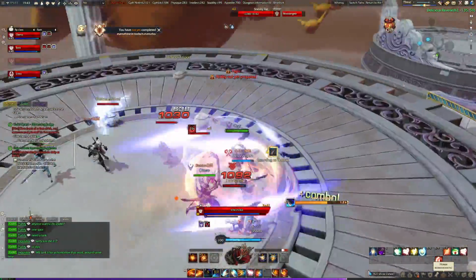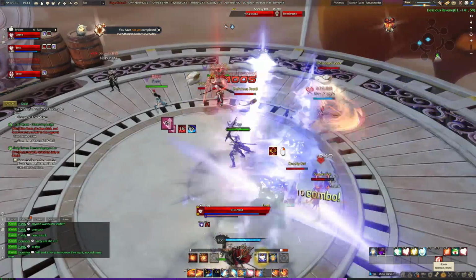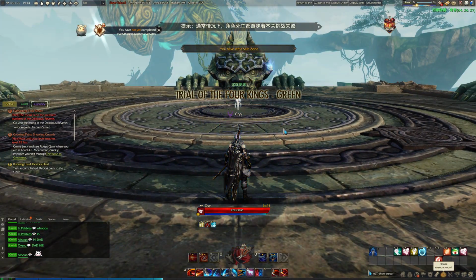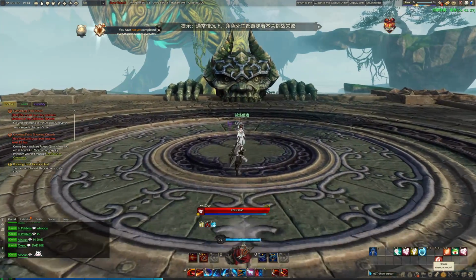Notice that my health bar is more towards the middle of my screen. If you don't like the way your UI looks, you can press F11 to change the position of pretty much everything on your screen. Another great way to gain experience, as this kind of comes with running all the dungeons